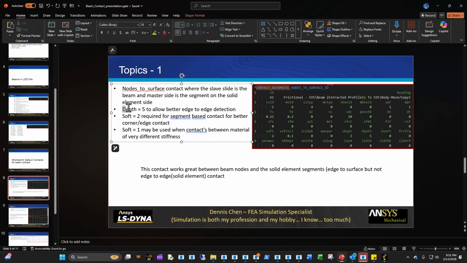Usually, if you define a depth of 5, it allows you to have a better edge detection, and that's usually what you want it to do to generate a beam to surface contact. Make sure you have a depth of 5, which allows you to define the edge of the segment to better detect the beam element. Software Code 2 is better for segment-based contact, and that's when you have this corner edge contact that exists in the solid element side. Software 1 is better if you have a very soft material on one side and a very hard material on the other side, and that's the kind of thing that's relatively standard that we can